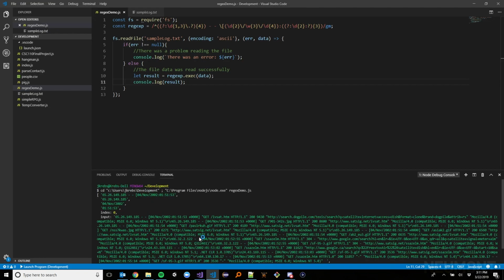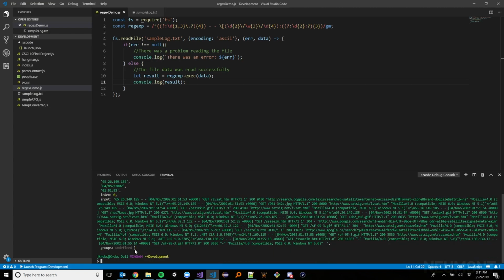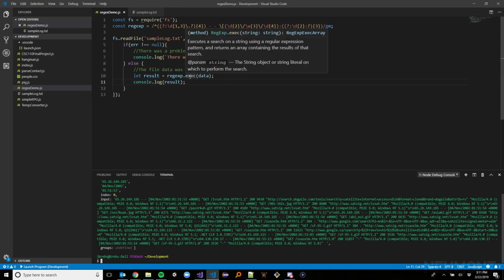Ooh, this is a lot to look at, but don't be intimidated. I can explain everything. Notice that we have this square bracket at the beginning and the square bracket at the end. What that means is that result is actually an array, that this execute method returned an array. In fact, check this out. It says executes a search on a string using a regular expression pattern and returns an array containing the results